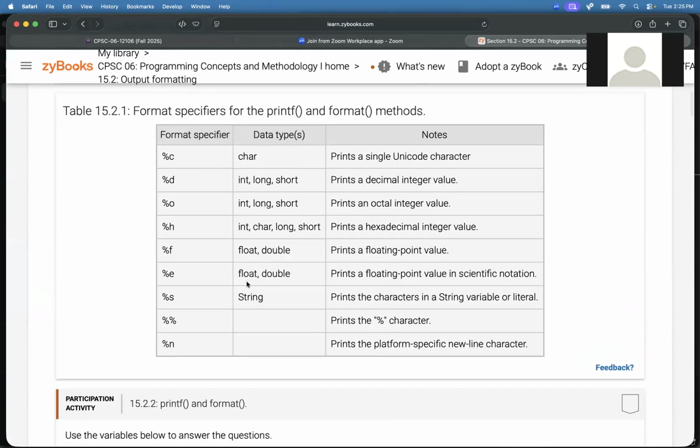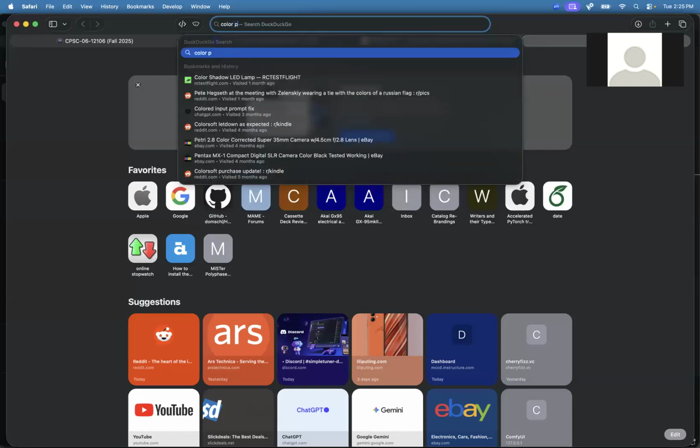So what can we do? Well, here are the different types of things that you could use for your placeholders. So %c for a character, %d for an integer value in decimal, %o for octal, which is base 8. We don't use it basically ever nowadays. %s, %f. Yep. Why can't I say words? Percent H is hexadecimal. Hexadecimal is used because if you do a color picker,